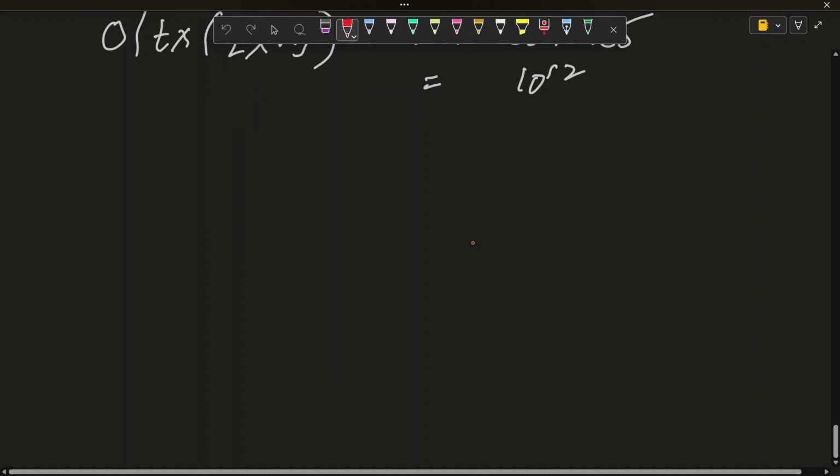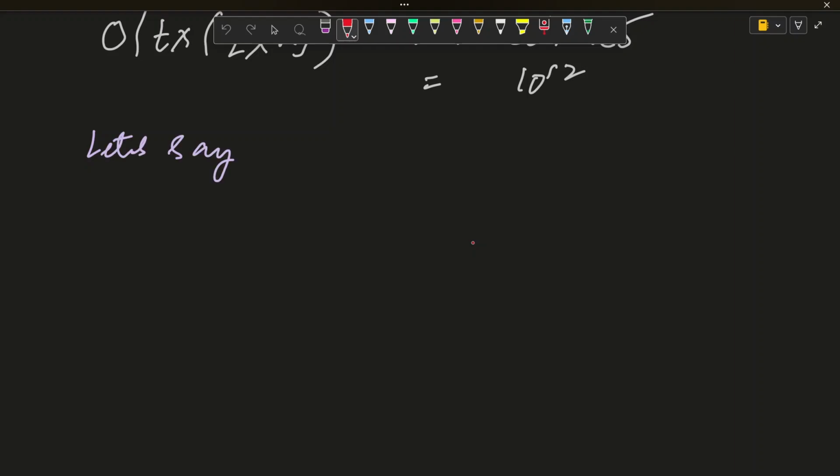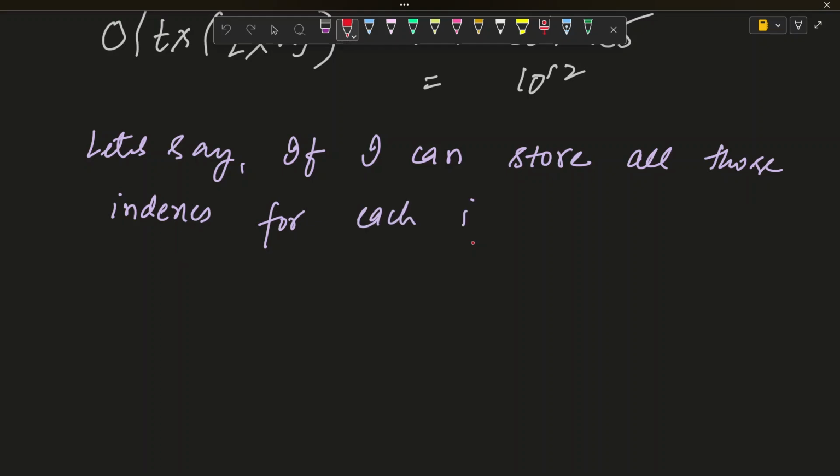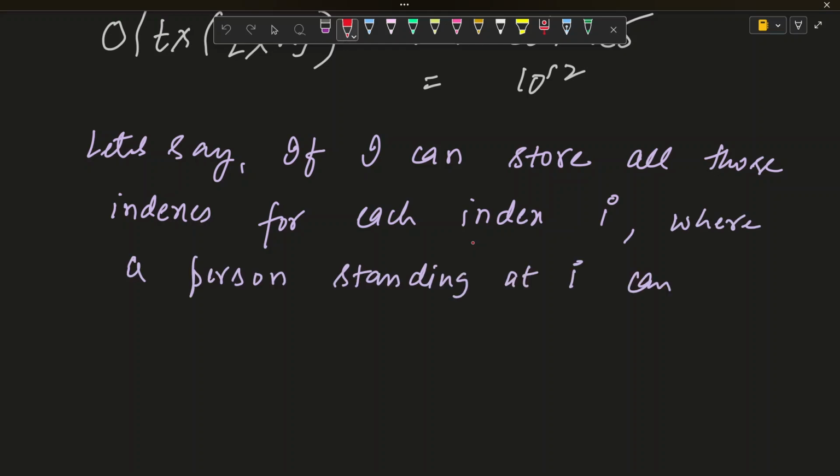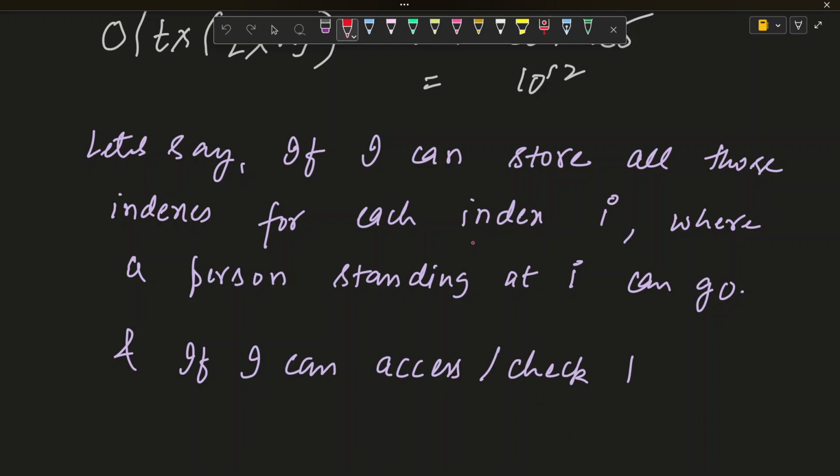Let's say if I can store all those indexes for each index I, where the person standing at I can go, and if I can access or check that thing in some time complexity less than big O of n,